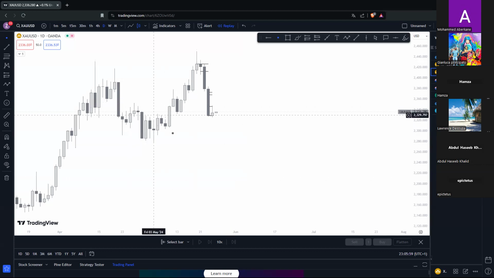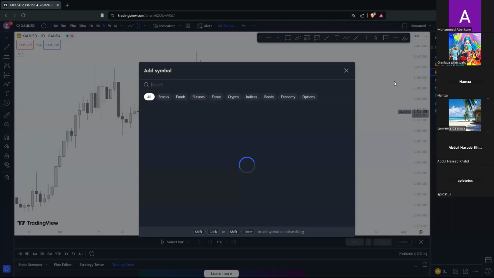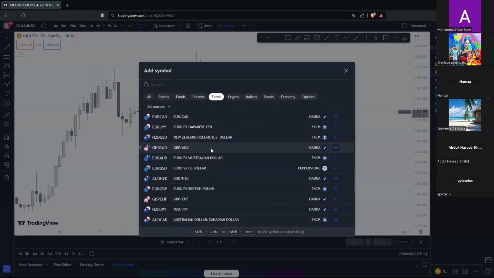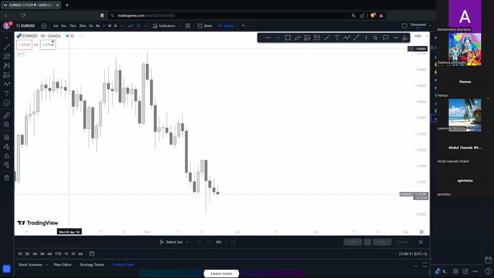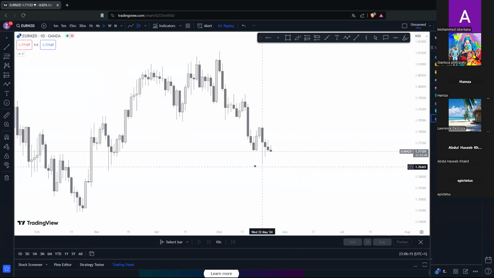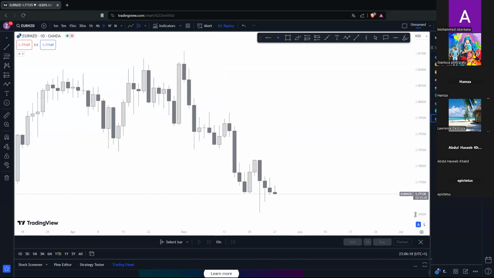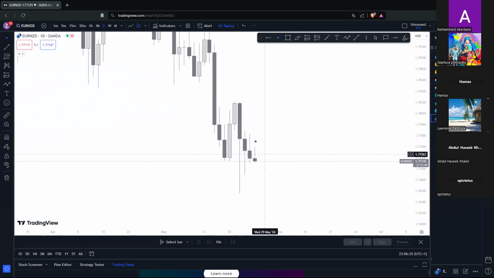So just before I leave, I'm gonna show you how to determine if price is bullish or bearish on any market. So you just go here randomly, boom, Euro NZD, right? And what you would want to do is simply, first things first, you go to the daily. You look at the last price on the daily, and if it rejected anything. This candlestick has just opened, so you don't want to look at that. I want to look at a candlestick that actually finished forming. So it is this one. What did this candle do? It rejected this gap right here.